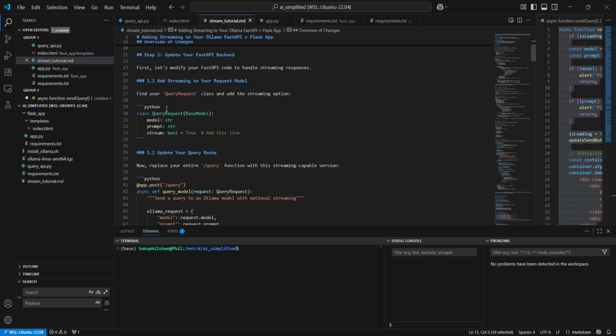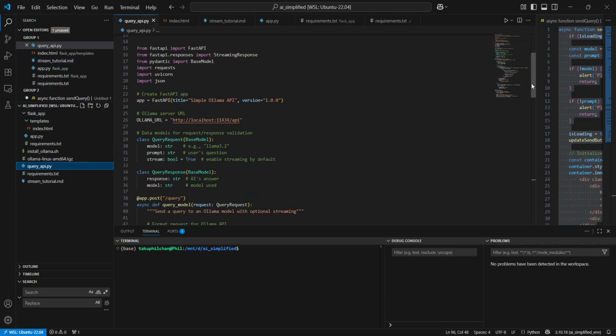As you can see, we're going to add this option, stream. If you remember last time, I said that Ollama has several parameters that you can add or configure so that the request is handled properly. Last time we only used these two, and we turned this to false. So if you still remember, this is the